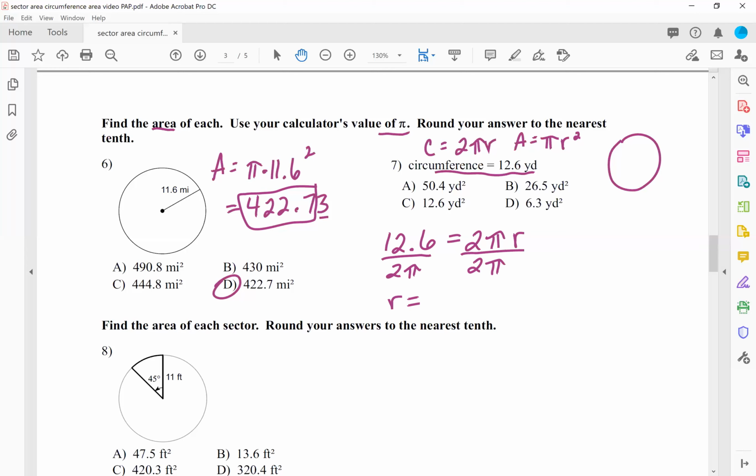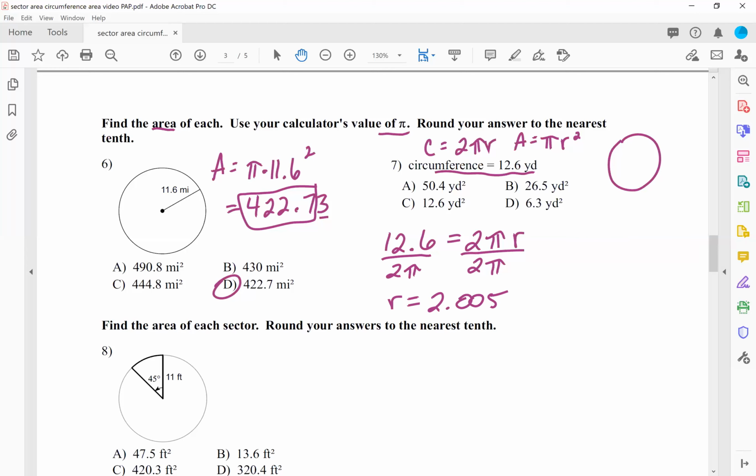Okay, so do 12.6 divided by 2 pi. Make sure if you're doing this on your phone that you put the 2 pi in parentheses, because otherwise it can come out a little weird. So that 2 pi should go in parentheses. So 12.6 divided by 2 pi, and we will get